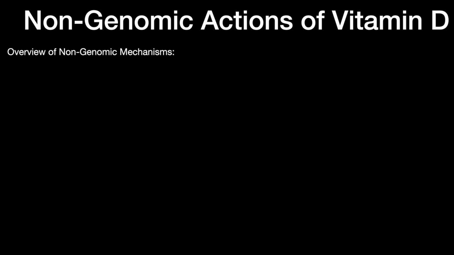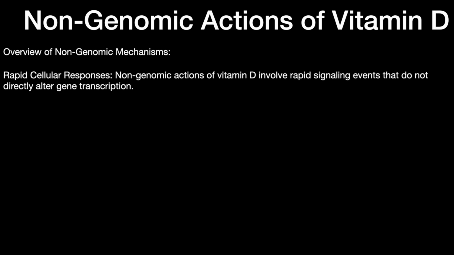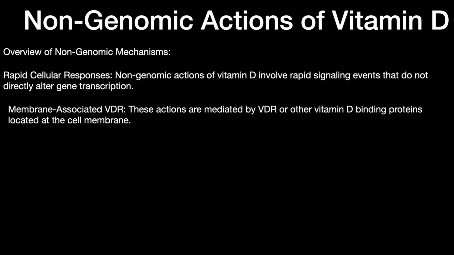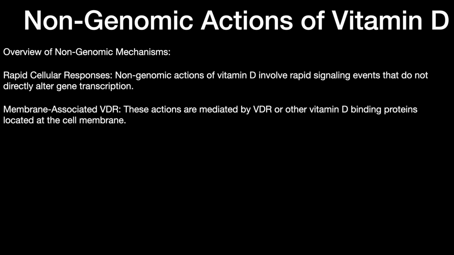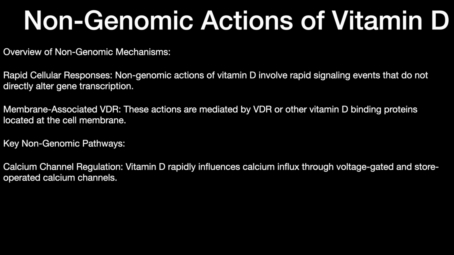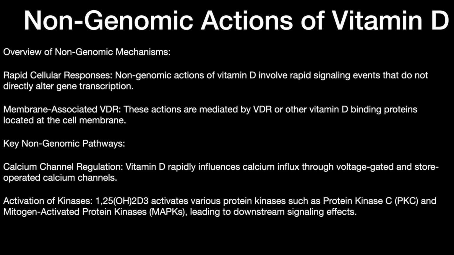Next, we have the non-genomic actions. A brief overview: there is a rapid cellular response. The non-genomic action of vitamin D involves rapid signaling events that do not directly alter gene transcription. These actions are mediated by the VDR or other vitamin D binding proteins located at the cell membrane rather than in the nucleus. So the key non-genomic pathways are calcium channel regulation, which involves voltage gated or store operated calcium channels,